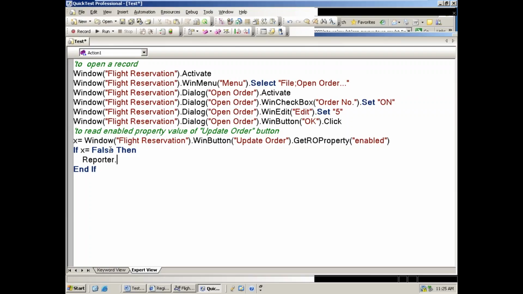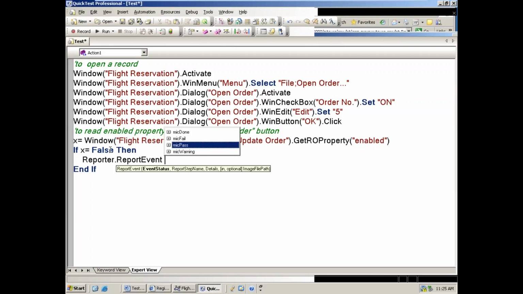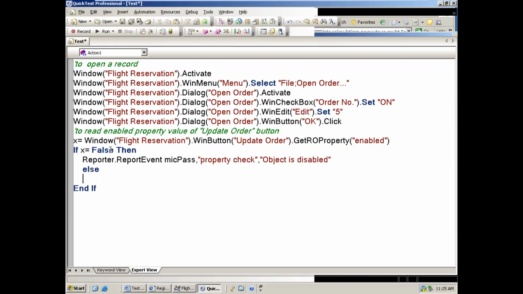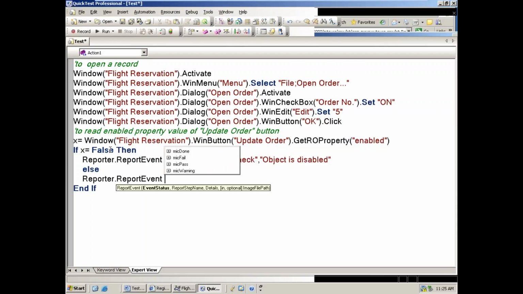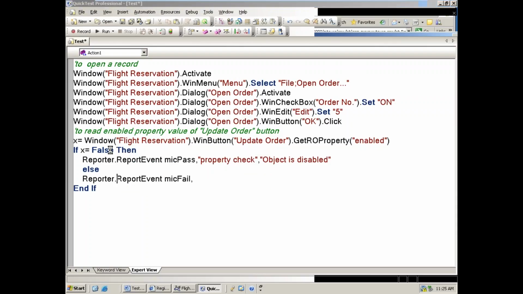Reporter.ReportEvent micPass, "property check", "object is disabled". Else, Reporter.ReportEvent micFail, "property check",